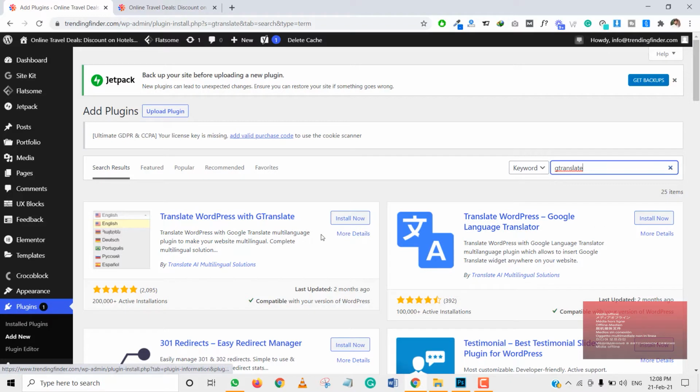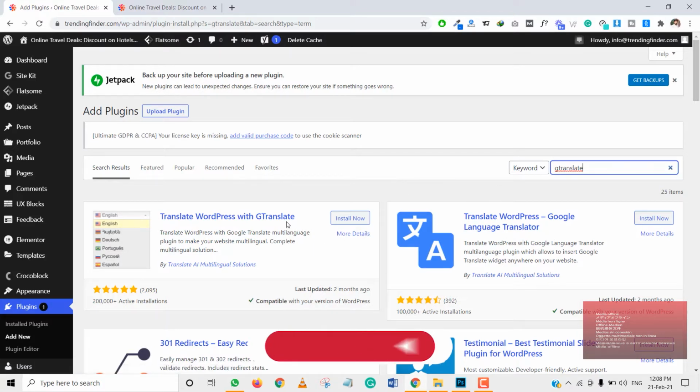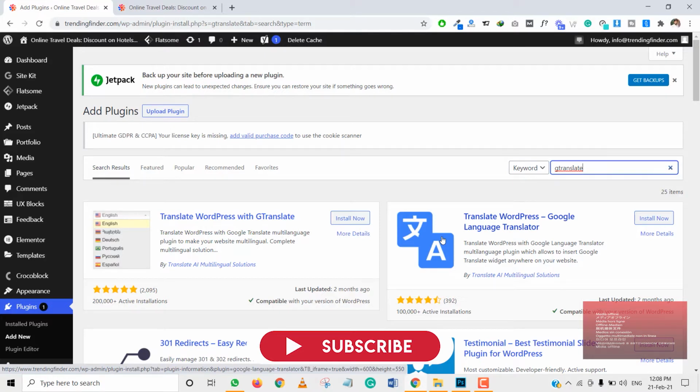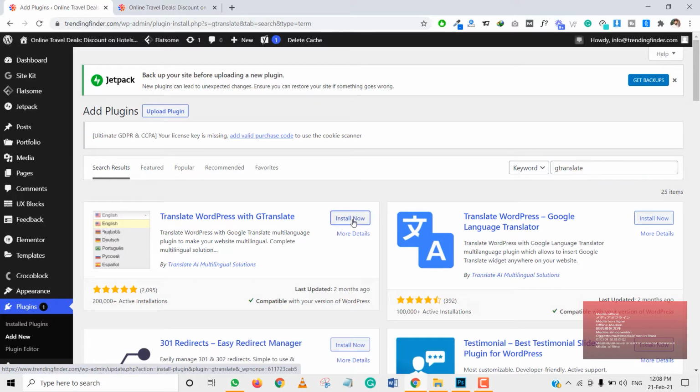They work a little differently, because sometimes you are not able to see the header text area, so you are not able to fix the translate tag there. Google Language Translator is automatically shown as a floating widget. So I can show you a review of the two plugins, how to customize them, add a header, add different languages and some other settings. Let's start and install these two plugins.